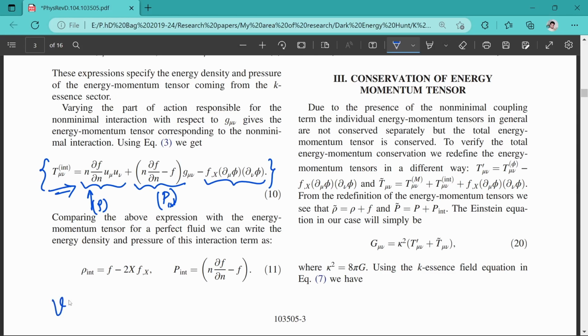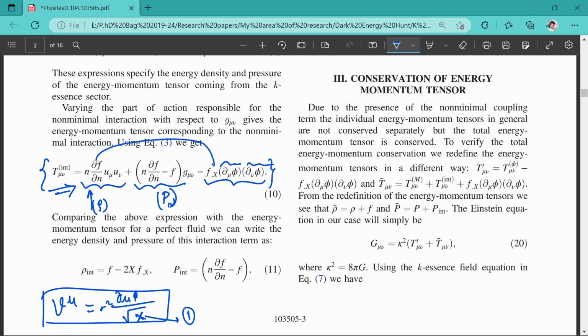If you define the velocity of any kind of field, it is defined like d mu phi over square root of x, or something like that. I am forgetting right now how we define it. Basically in our case this x will become 1 and you will always end up with this kind of velocity. So they are part of the density, and this will become the density. And in our case the field velocity and fluid velocity coincide because there is no perturbation.